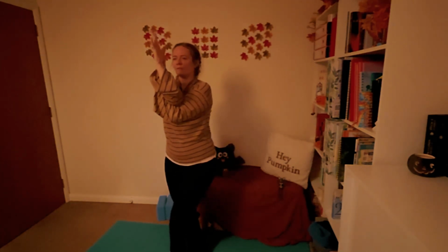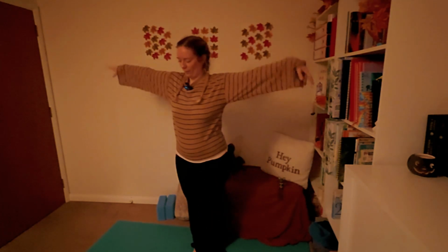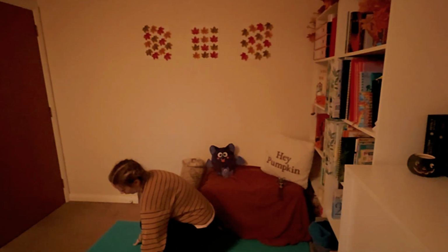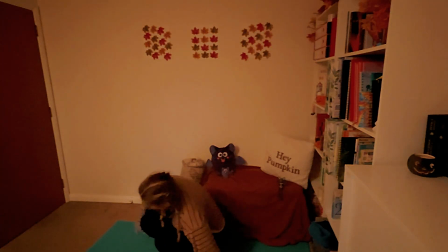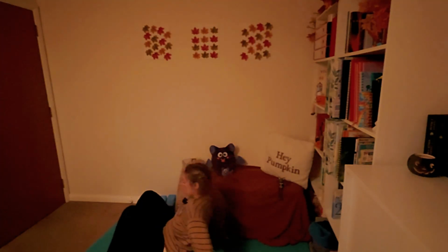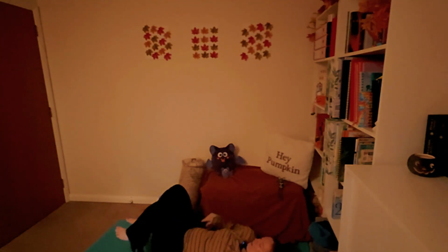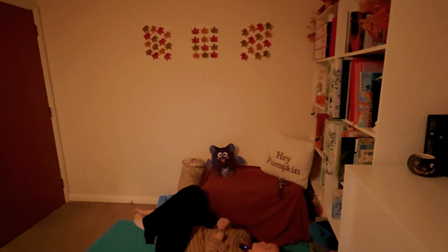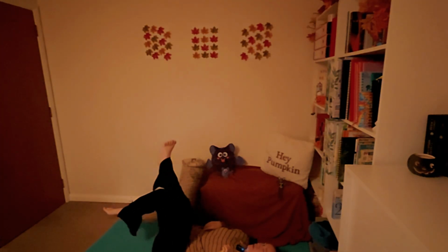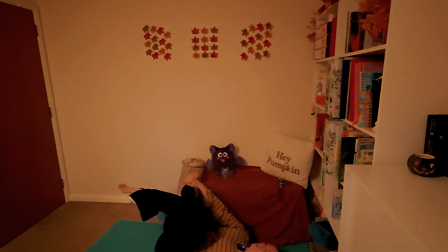Really nice. Gently release the little bat wings, and I think we're coming down to the ground. Yes, all lovely. Okay, we've got one more. A little reclined one. I have done this one quite recently. So I'm going to bring my left leg over my right leg, and I'm going to hold gently